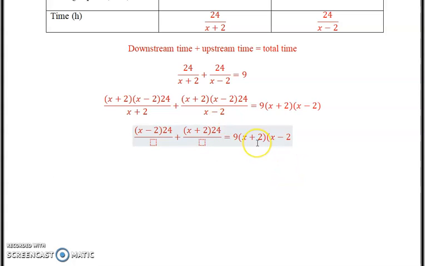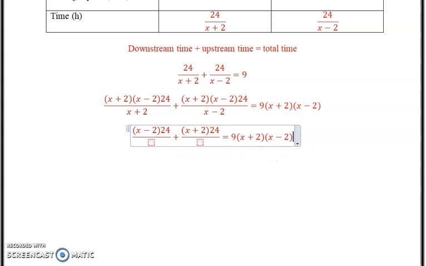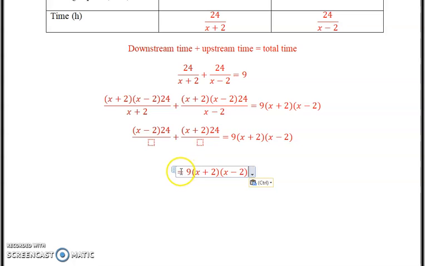Okay, so now again we don't have any rational expression. There are no denominators anymore. That's the whole idea. By multiplying by the least common denominator, it gets rid of all the denominators. So now we're going to multiply this and solve. Alright, so I'm going to clean this up a bit. So it's going to be